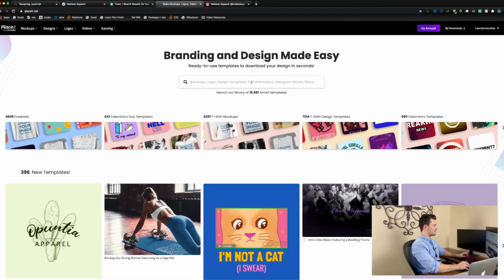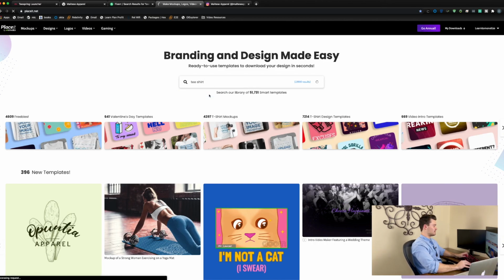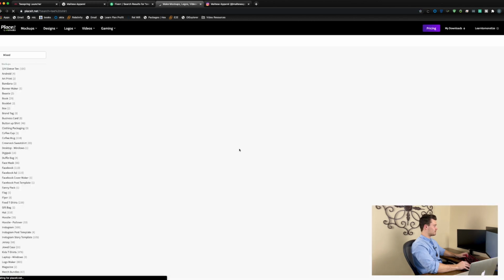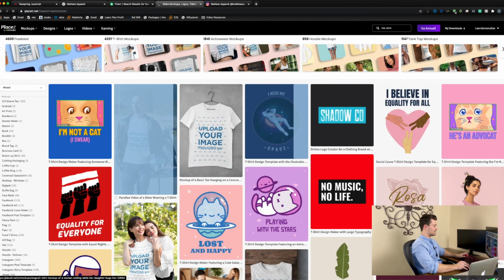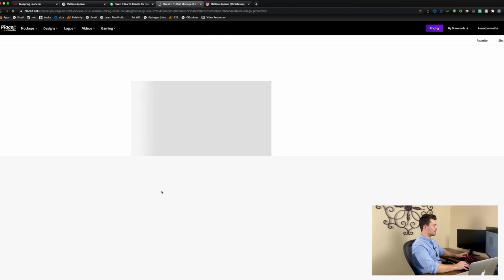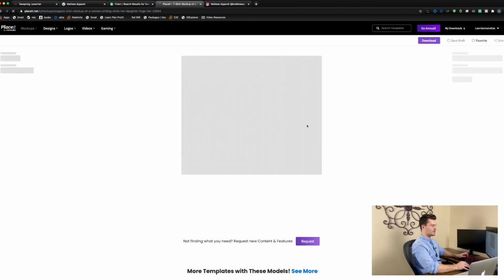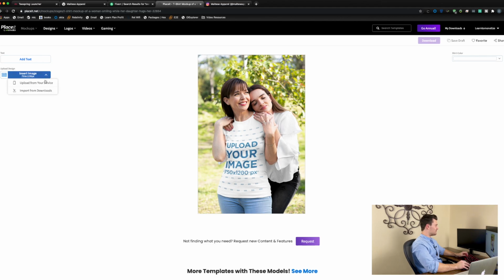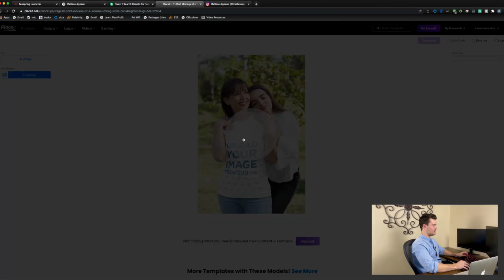On this website, you can look up things such as a t-shirt, and you can place your design on a t-shirt. So I could click on this design of a mother with a daughter, and as it loads here, sorry, internet is a little bit slow today. There it is. We can upload an image, and I will pick the same image that I picked from the last clip here,